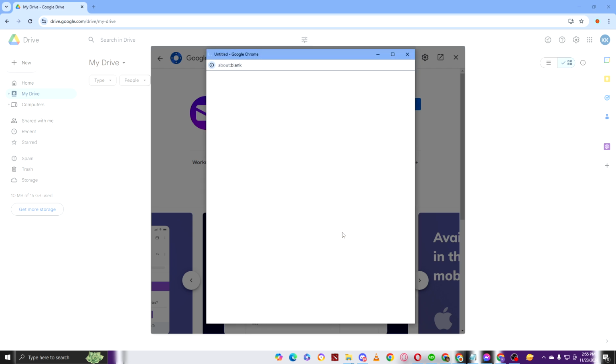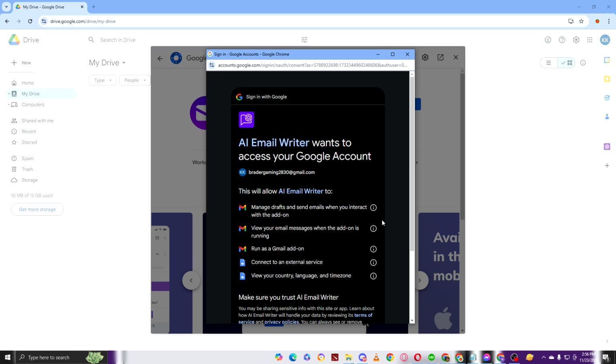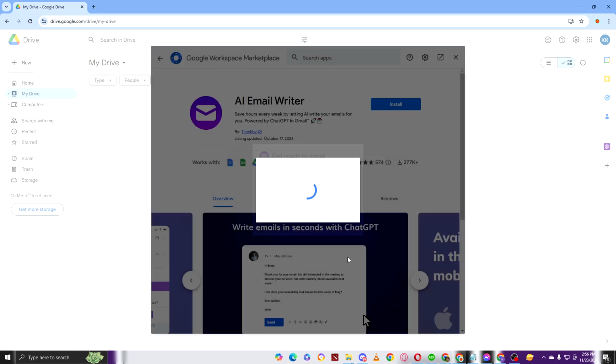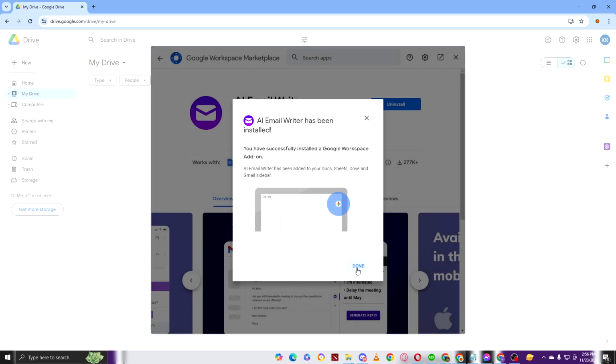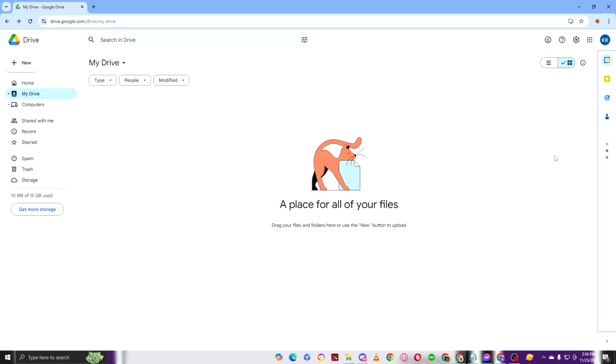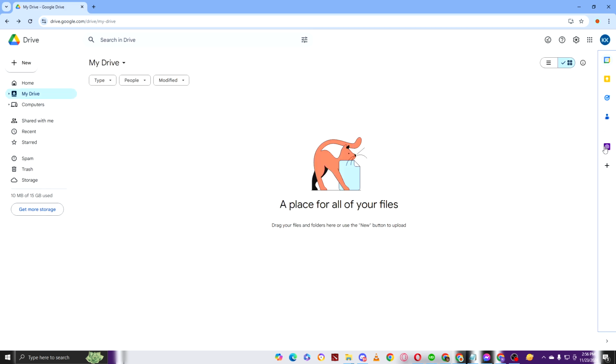Install, continue, continue, and continue. There you go, guys. It's now loading. And then click done and click X. And as you can see right now, oh, it's not here. I don't know why. If you don't see it right here and you're having a problem finding it,